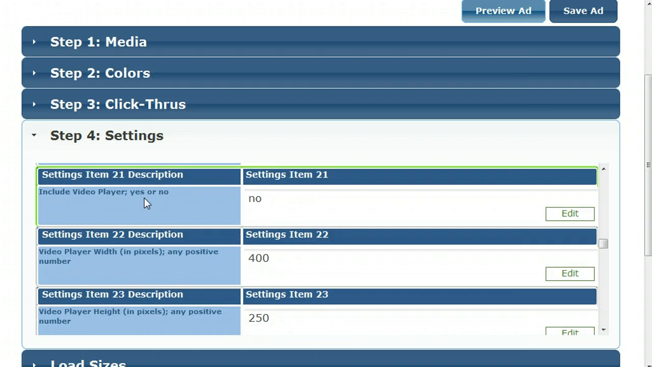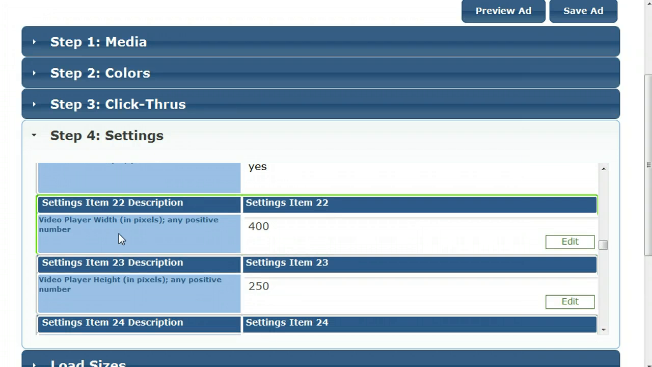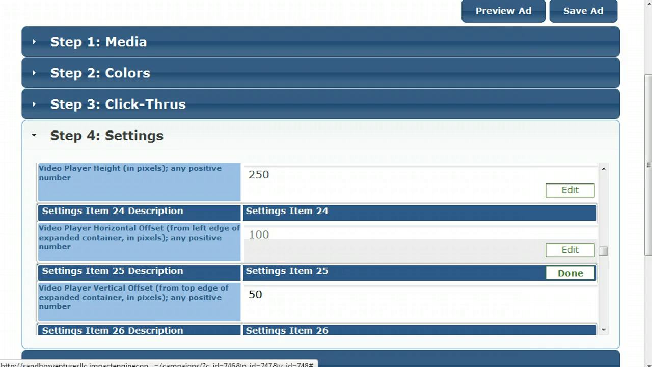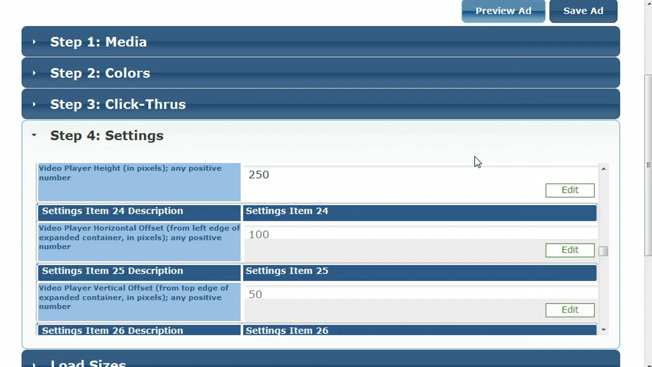Next, would you like to include the video player, yes or no? If I put yes here, the next options say how big would you like the video player to be. You can make it any size you want. Currently it's 400 by 250 pixels. And again, you can have it offset anywhere you want. So let's make it 100 pixels to the right and 50 pixels down. And when we preview the ad again, we will see